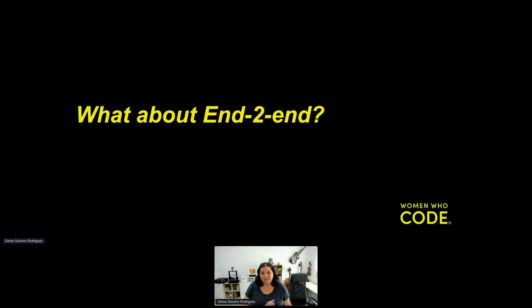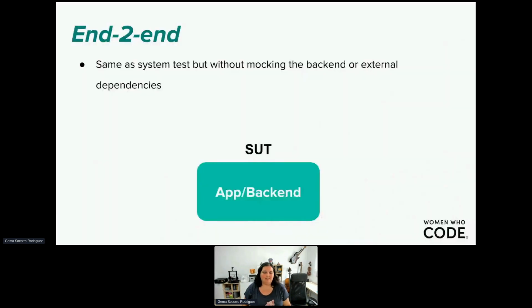And what about end-to-end test? Well, in the end-to-end test, our system under test will be the whole system, the app and the backend. So here we have more work from the backend side to assure that there is always the same response when we call whatever endpoint.